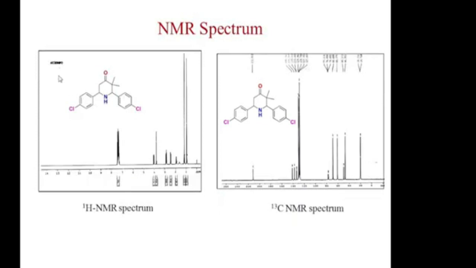Another one is the NMR spectrum. In the proton NMR spectrum, we have received signals for methylene, NH, and aromatic groups. There is some splitting as well. In the C13 spectrum, we have received the peaks we mentioned and calculated in our paper. So it is confirmed by the proton NMR spectrum and the C13 NMR spectrum.